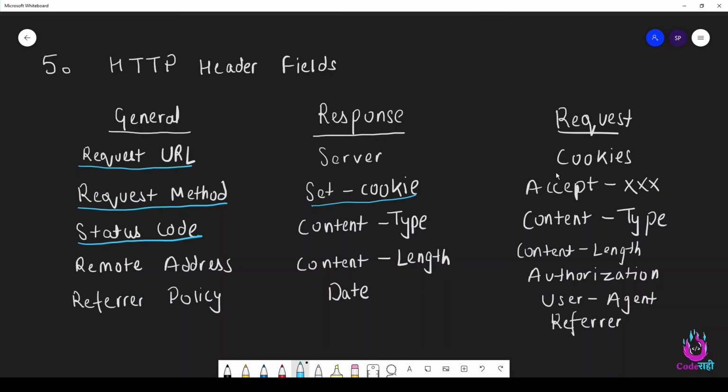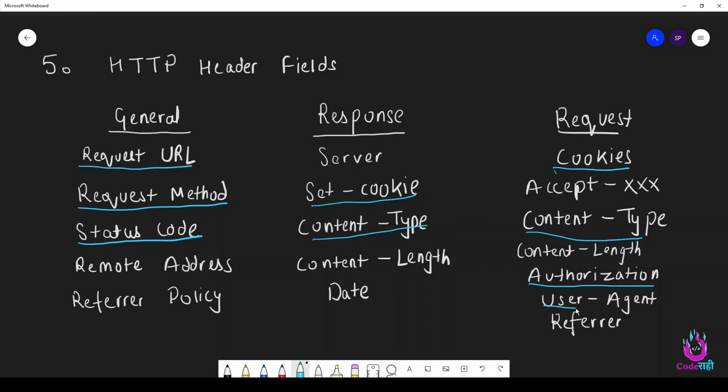We have Set-Cookie here and Cookie here, and we already talked about how cookies can be used to maintain user sessions. So through these headers we can set those cookies. Then we have Content-Type, which simply states the content type that you are sending across along with the request and the response. Then we have others as well. We have Authorization, which is generally used along with JWT tokens. We already talked, right? There are two ways to maintain user sessions. One of them is cookies, and the other way is a JWT token. So we have headers for both of them.